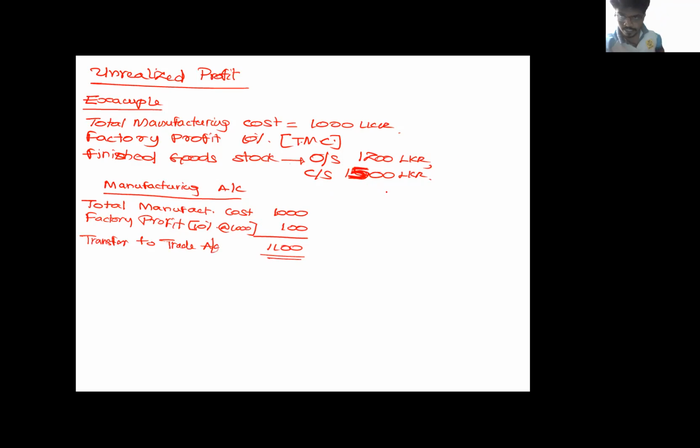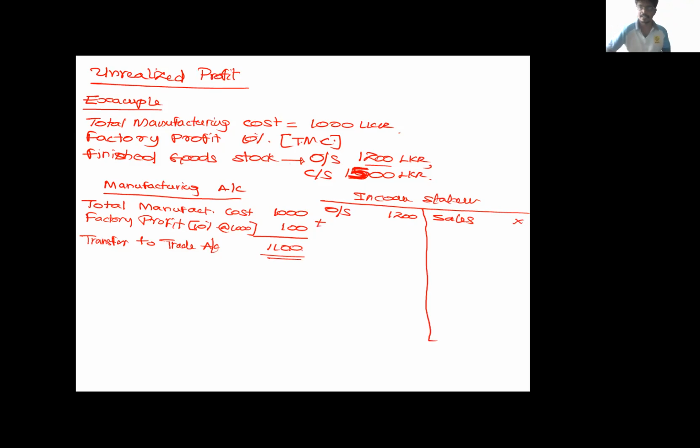Then if I draft the income statement, I am making it in debit and credit sides. Income statement. Here I am recording the sales. We don't know. And here, cost of sales. Opening stock has been given, finished stock 1,200. Then plus